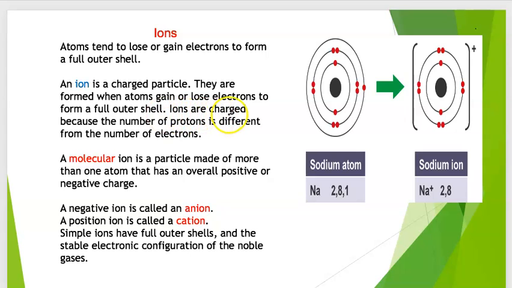So ions are charged because the number of protons is different from the number of electrons. Now, what do we mean by this? We know that the number of protons is always the same as the number of electrons in an atom. So if you look at sodium here, sodium has an atomic number of 11, and so its configuration will be 2,8,1. What it means is that there is one electron